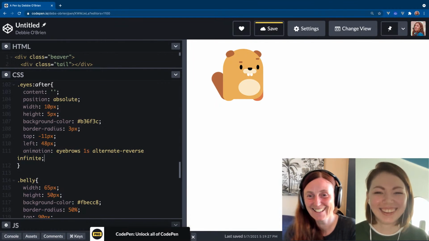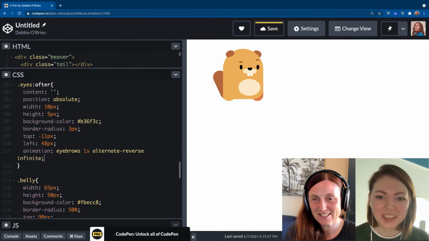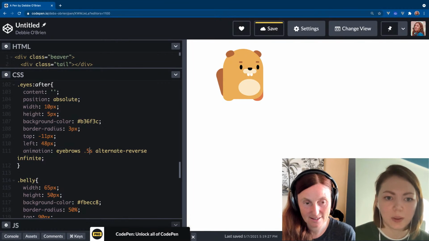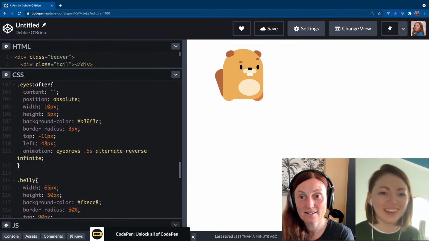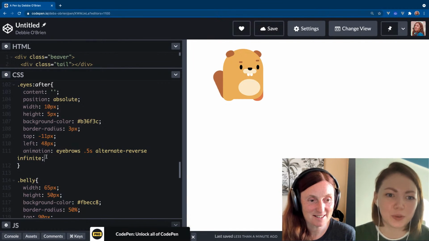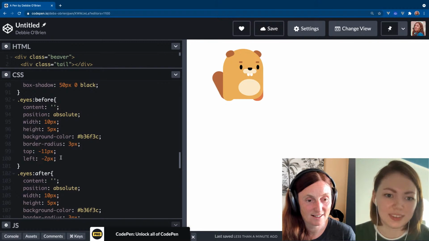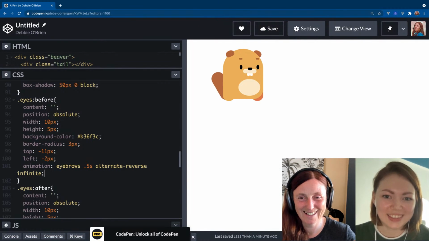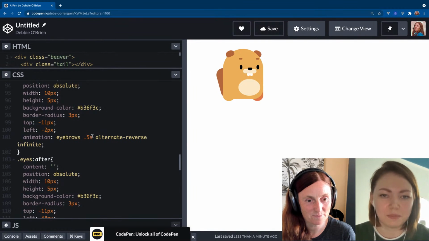Look at it. That is so cool. That is so cool. Should we change both of them? The dimension for not 1 second, maybe half a second. And let's copy this line and add it for the before pseudo-element. These are the eyebrows. And now we should have both, but let's add after the duration, after half a second,